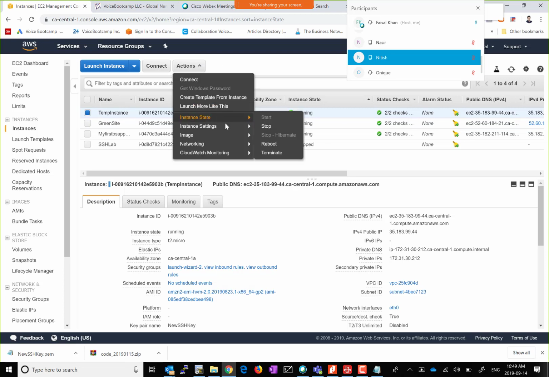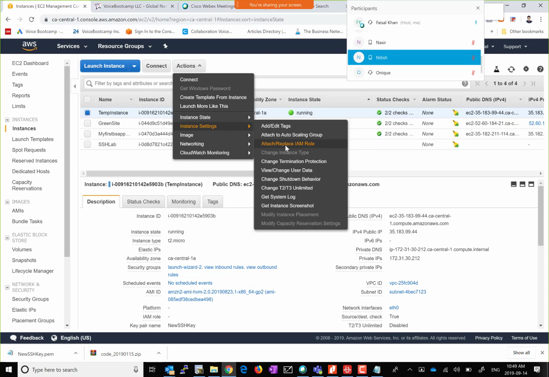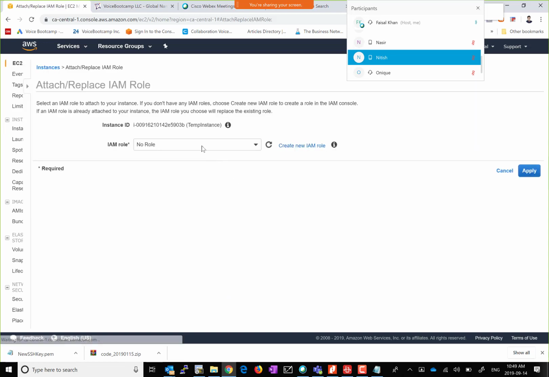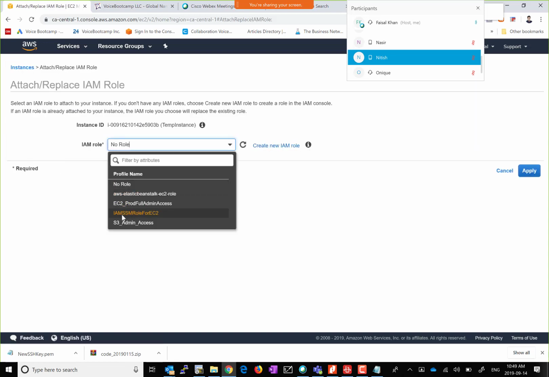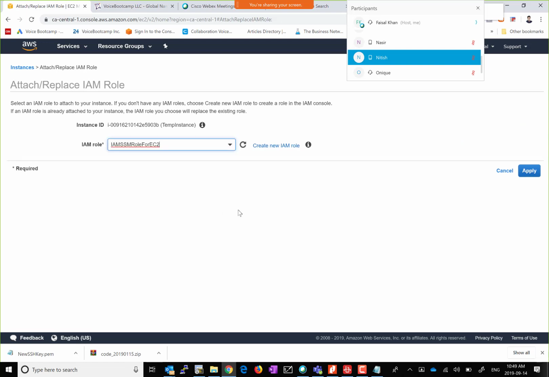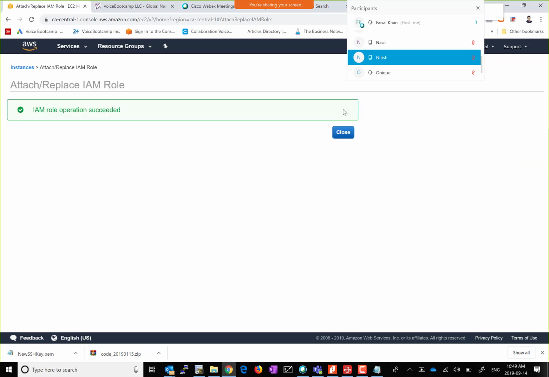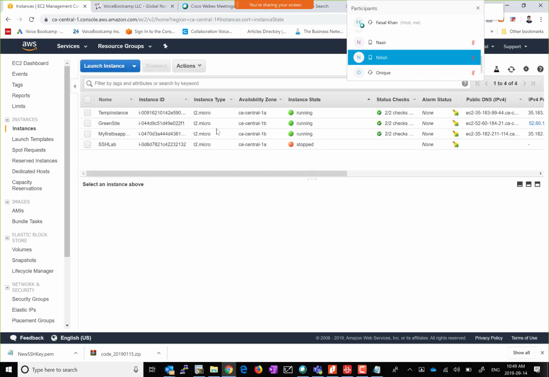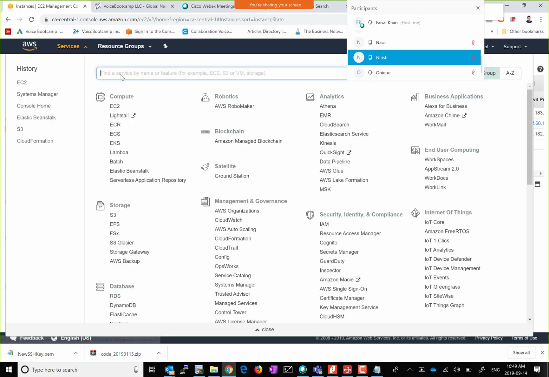So you will see that in the settings, I forgot to attach the IAM role. Remember the SSM role? Because this role gives the System Manager the permission to control it. Because of that, I'm not able to go to it. So if I go back now,